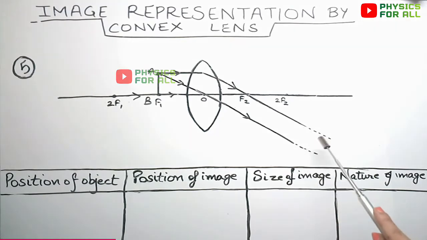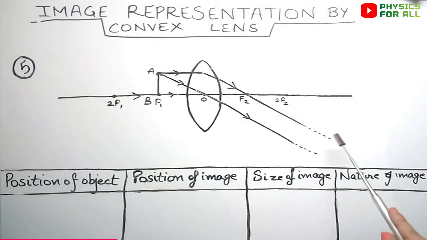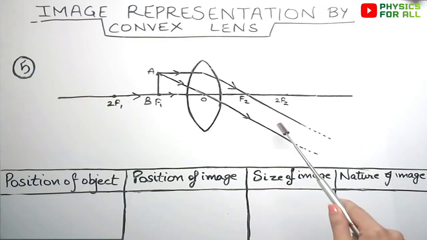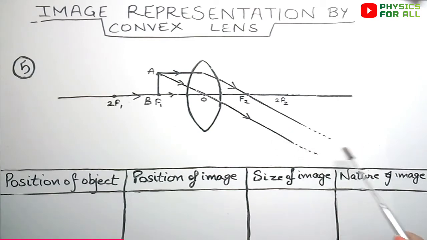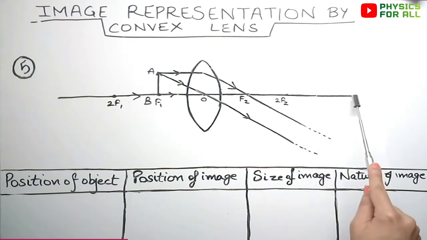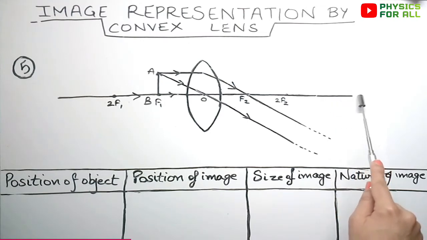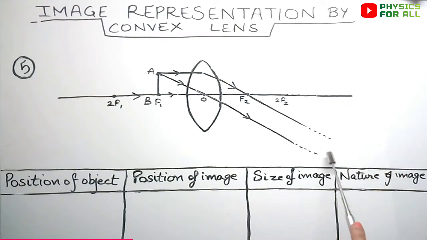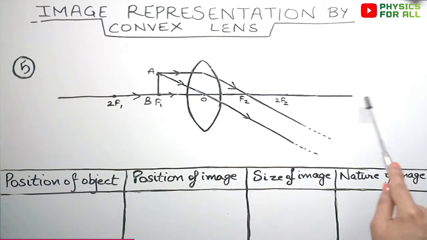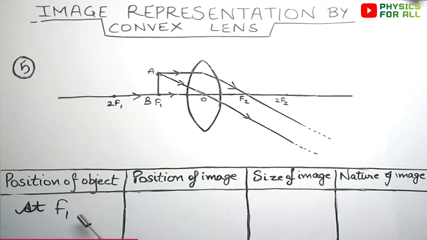So we know that parallel rays actually don't meet. Even if they would meet, we say that they would meet at infinity. So the image would form at infinity, and since the base of image always lies on the principal axis, wherever goes the point of intersection, the image is going to be highly enlarged. So position of object is at the focus.